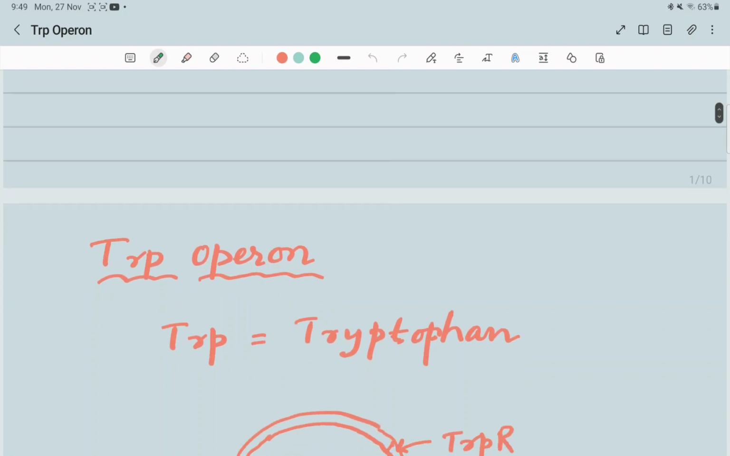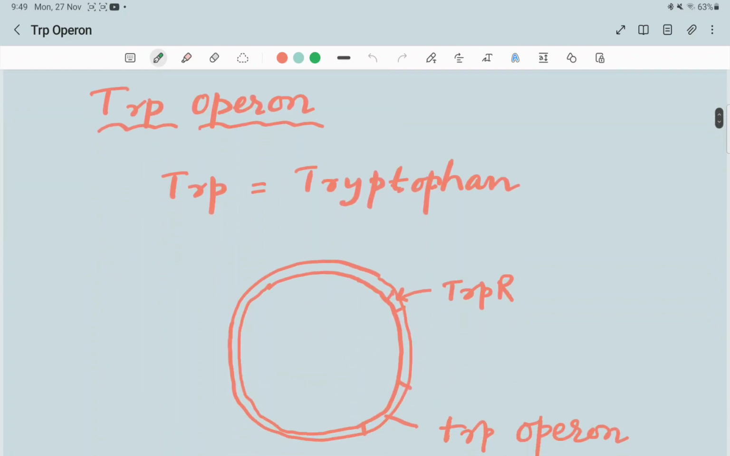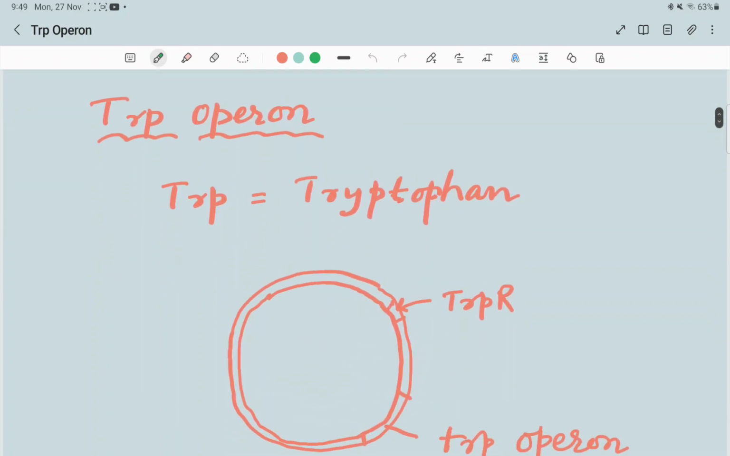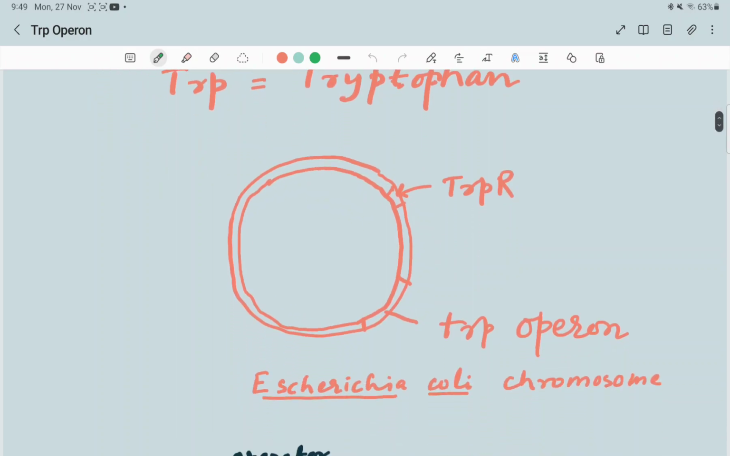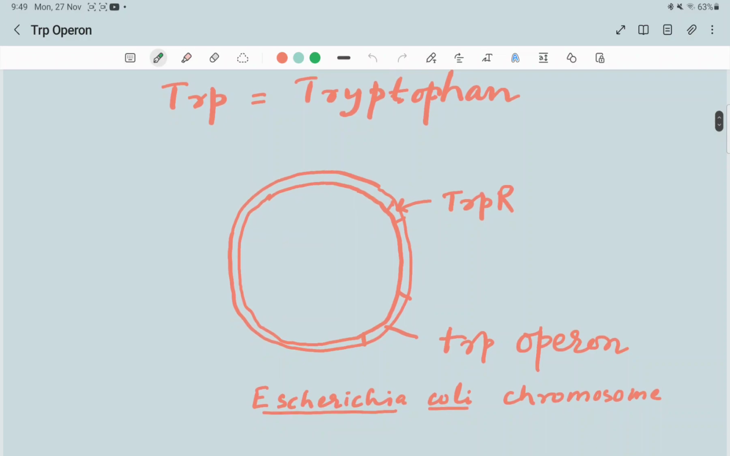Tryptophan operon is also known as TRP operon. So TRP here stands for tryptophan. We know tryptophan is an amino acid, and this tryptophan is synthesized in the bacteria Escherichia coli, E. coli. So the E. coli chromosome has the gene for synthesis of tryptophan,